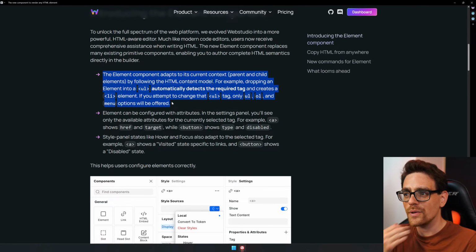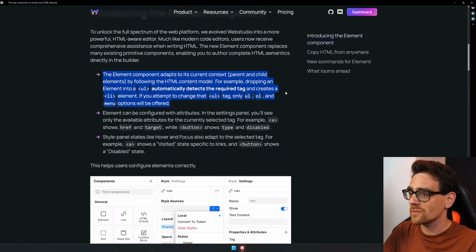Looks interesting if you don't know what you're doing and just starting out with HTML. So I think this is a very smart decision from Webstudio to be